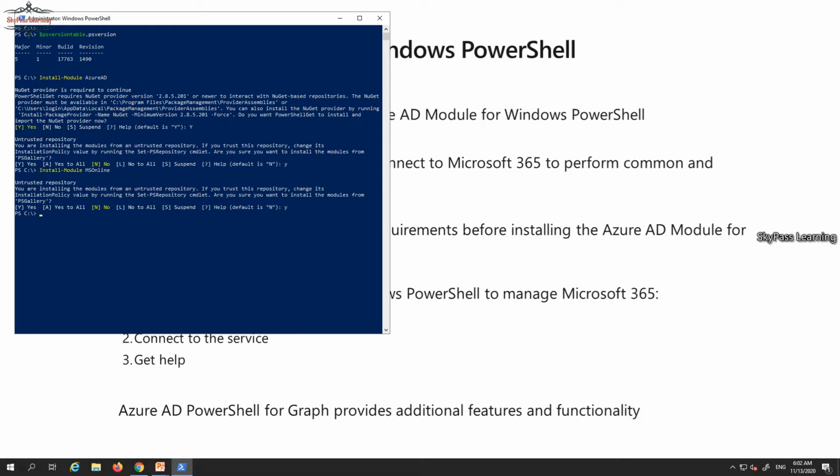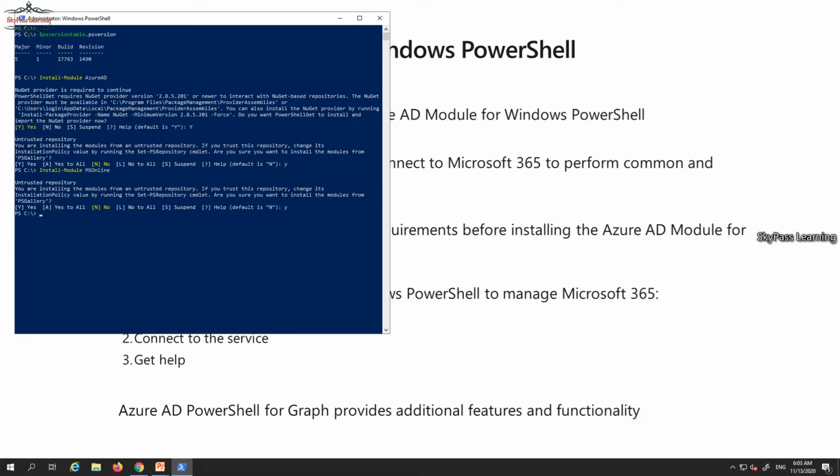Still I can't see MSO. Okay, so these are the cmdlets. Now you can see it's available, and if I type some Azure cmdlets, you can see the Azure cmdlets are integrated. If you are not getting them, you can just run the command Import-Module and then AzureAD, same as MSOnline, the name which we used for the installation. You can run these two commands, Import-Module, and this will import them if you are not getting the cmdlets ready.